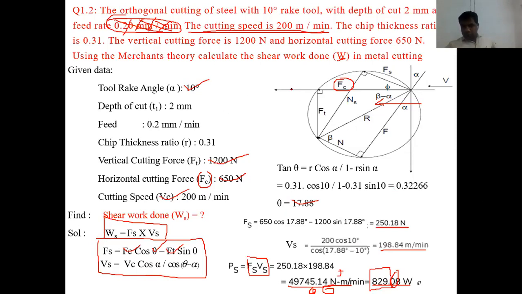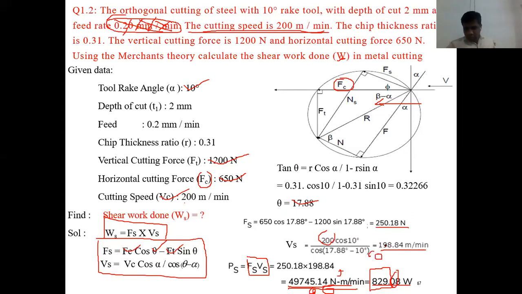As per your question, your answer has to be there. If you stop here, you are going to lose your marks. So you need to divide it by 60. Otherwise, directly here you can divide by 60. Whatever the velocity is, the velocity is given as 200 meters per minute. Where is it given? Velocity. So instead of 200, here itself you can divide by 60. Here you can write it as 60 in the denominator.